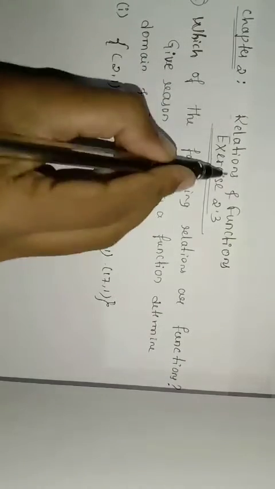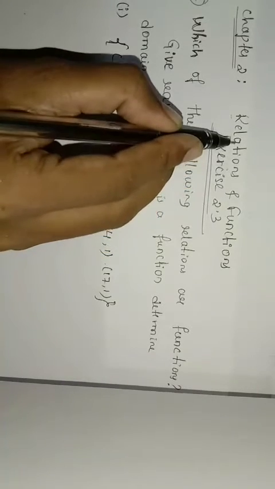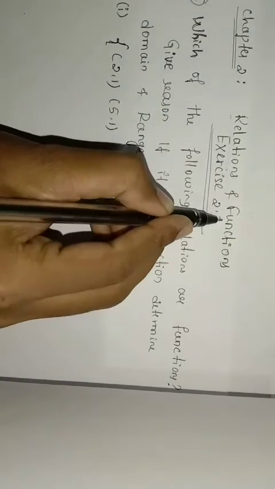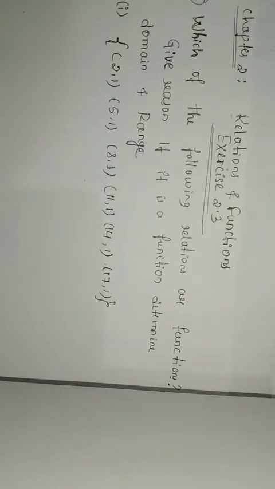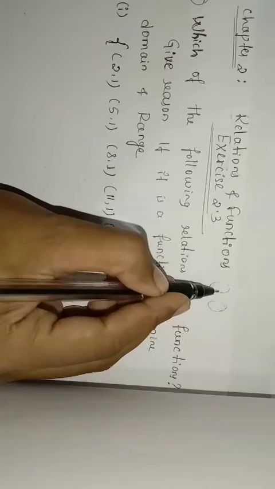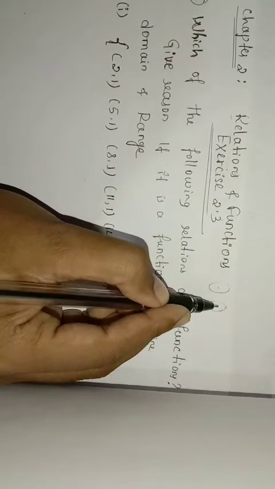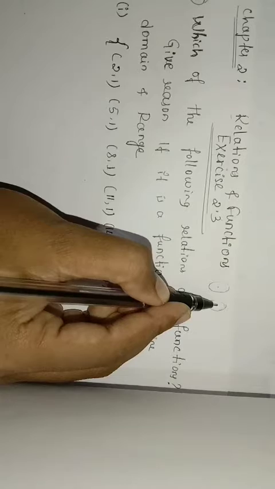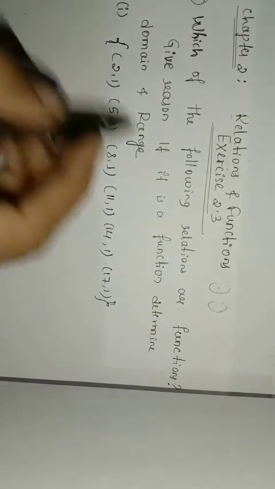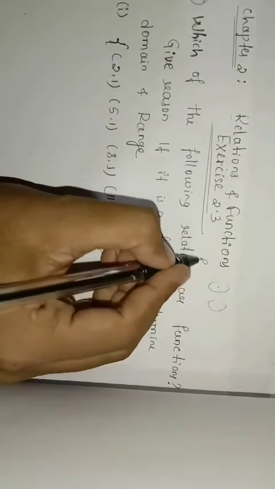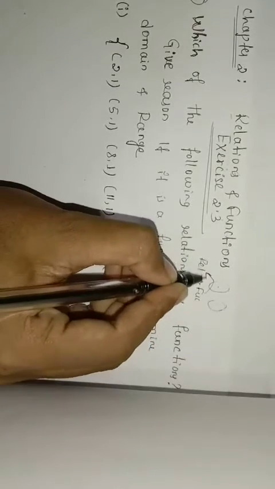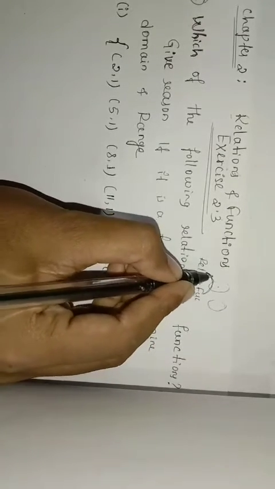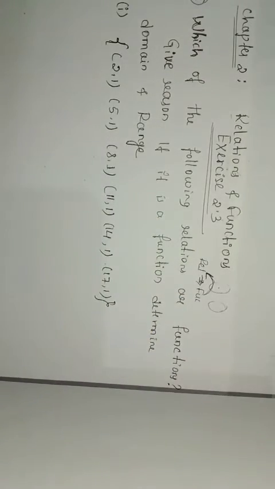So we already discussed relations and some problems on relations, and I also explained what a function is. What is a function? A function is also a type of relation, in which every element of set A has one and only one image in set B. Then we call the given relation a function. So a function is also one type of relation, isn't it? We are defining function from the relation.